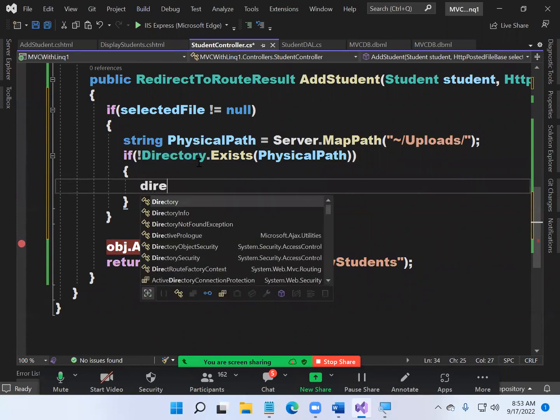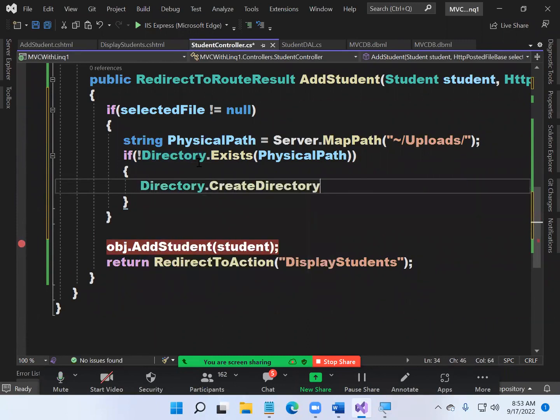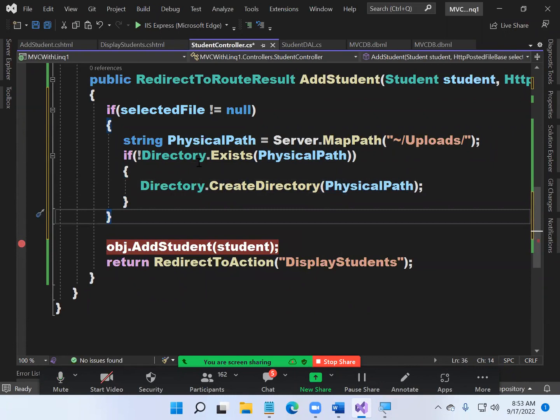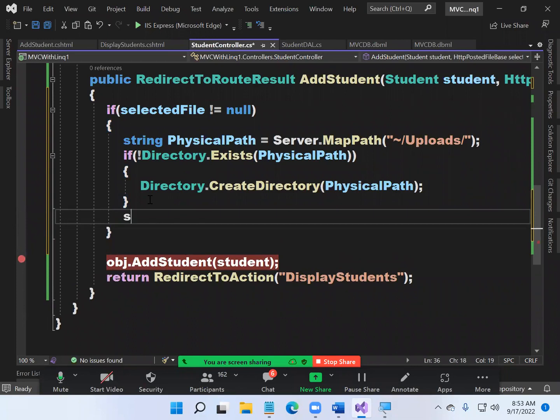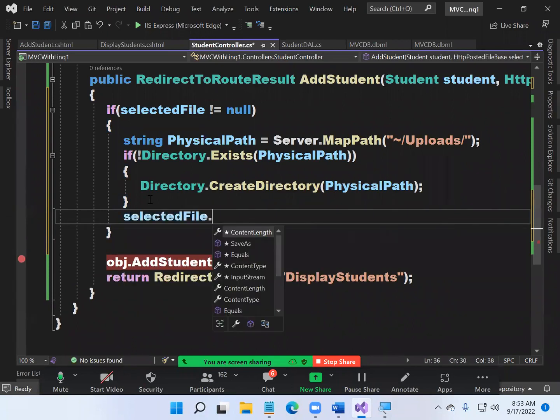How to create? All simple English here. Can you understand the code? First I'm checking whether the folder exists or not. Existing, okay, fine. Then what will you do? Directly use it. Not existing, then create it. Once the folder is created, now what you do, selected file dot